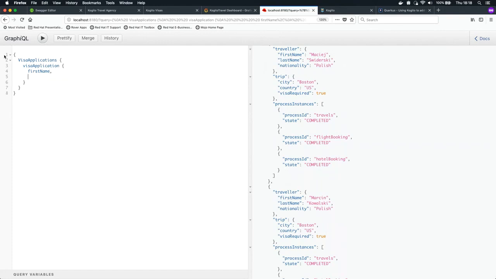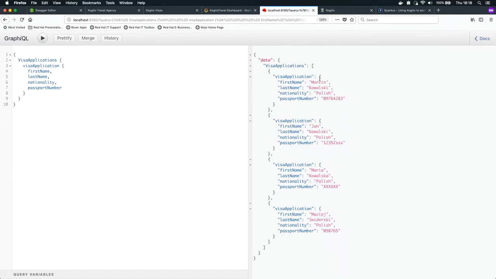So let's see who is actually sending the visa. Again, nationality, and let's say passport number. Yet all of this information comes from the index, so it's extremely fast, accessible, and you can fine-tune and start doing searches across the different operations, the different data. And last but not least, we have the